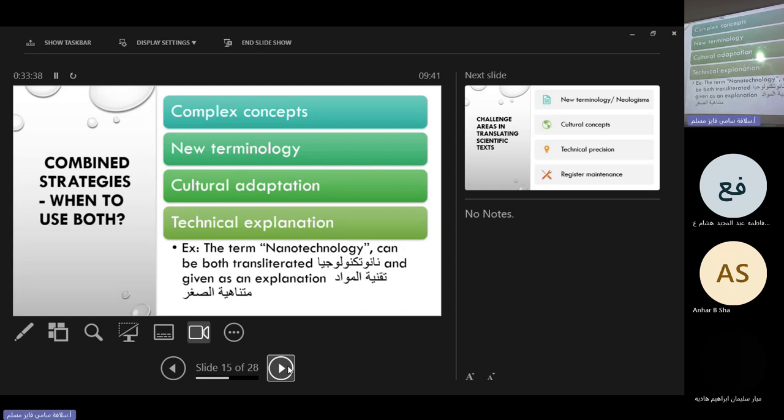The term nanotechnology can be both transliterated as nanotechnology and given an explanation, قضية المواد المتناهية في الصغر. So we can use both techniques. We can transliterate the word nanotechnology into the Arabic alphabet, nanotechnologia, and also give it a communicative translation, which is an explanation: وهي تقنية المواد متناهية الصغر. Okay? For people to